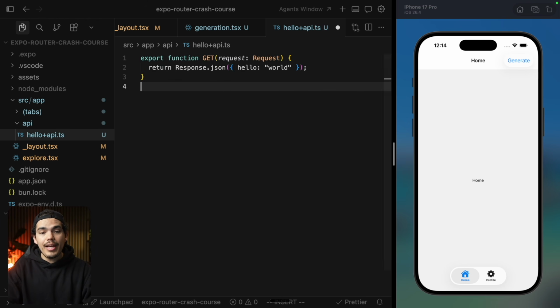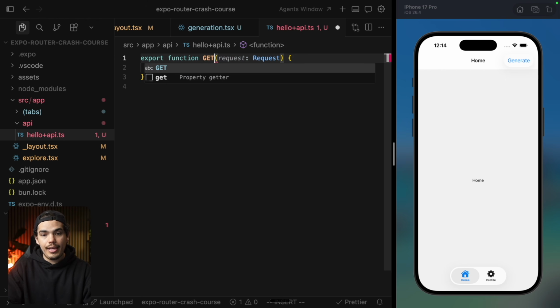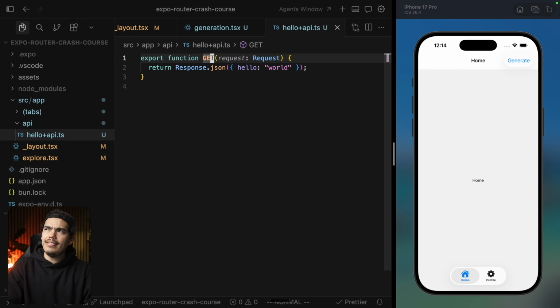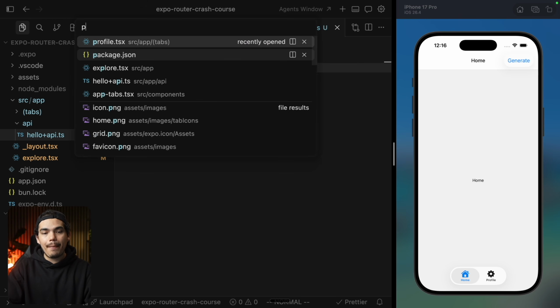And you would have something like this: export function get, then return the response. This could also be post, or, you know, patch. I think you can have patch, get, remove, delete. Yeah, this is the basic example. From here, you just hit the endpoint. But before you do that, you just gotta make sure that in the